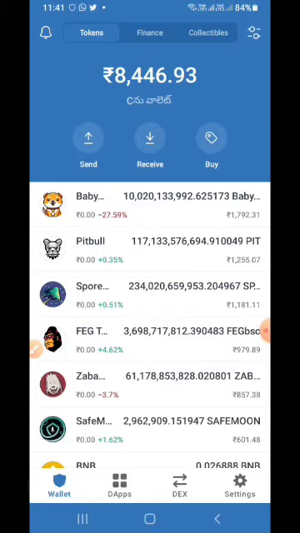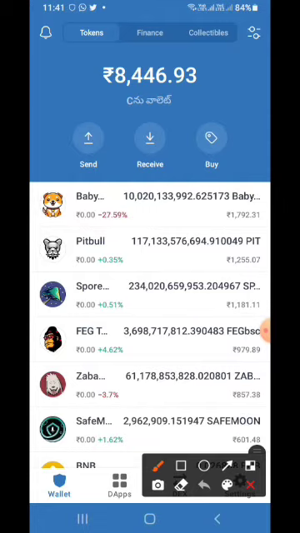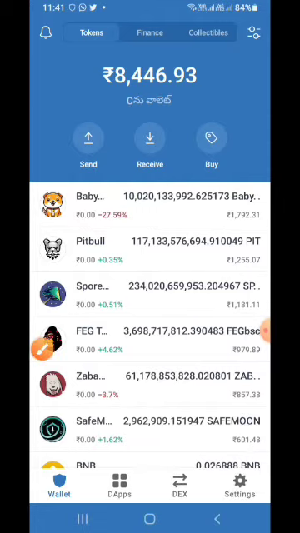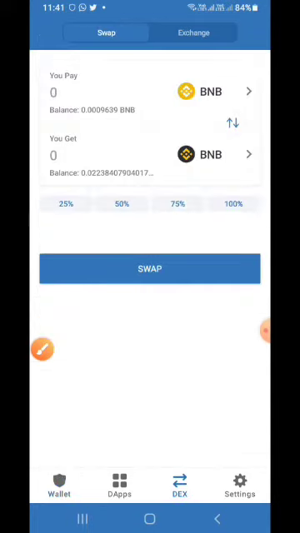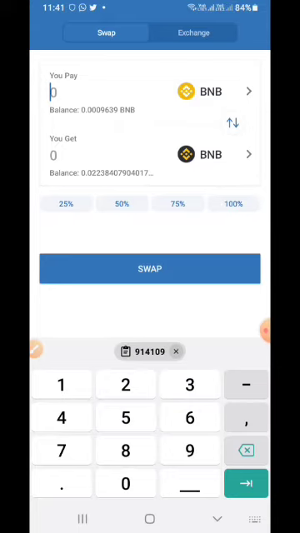Click on DEX. Type your value 0.026 and click on swap.